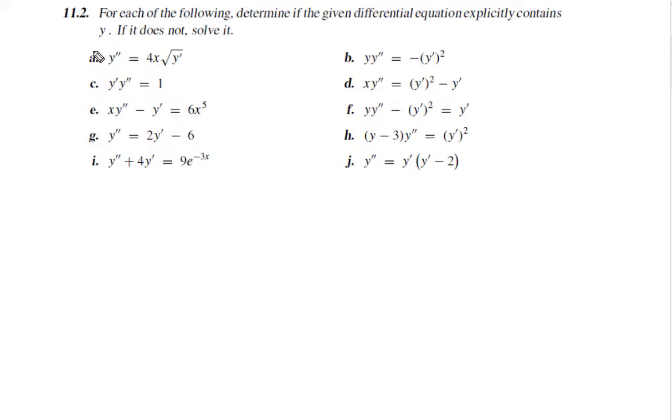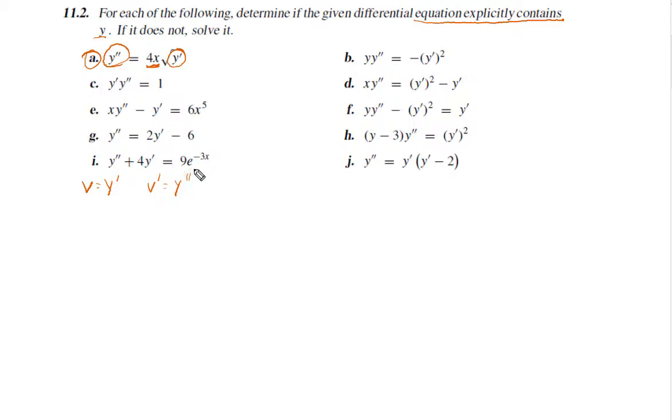On part A, we want to know first off, does the equation explicitly contain a y? Well, this term has a second derivative, y double prime. This term has a first derivative, y prime. There is an x, but there's no y. So there's no explicit y. Therefore, we're going to use the substitution v equals y prime, which means that v prime